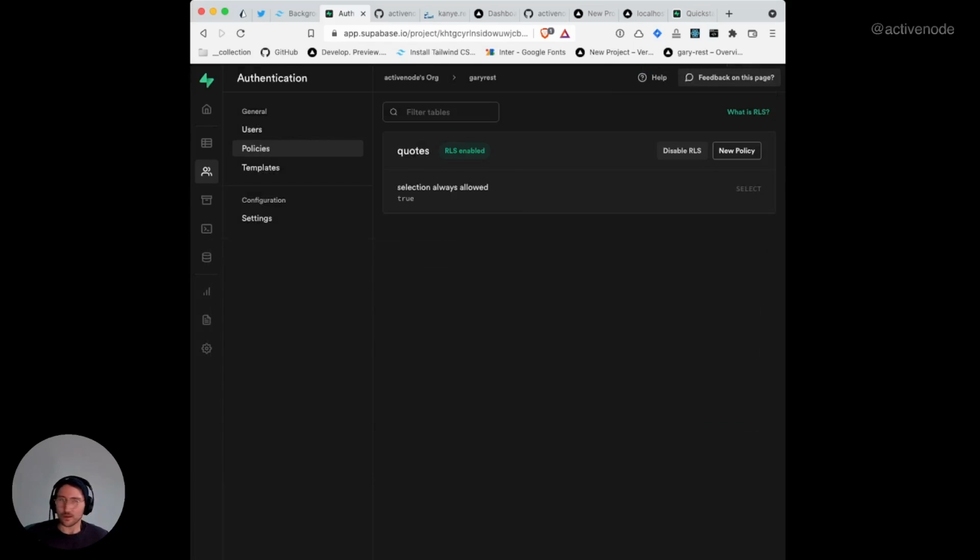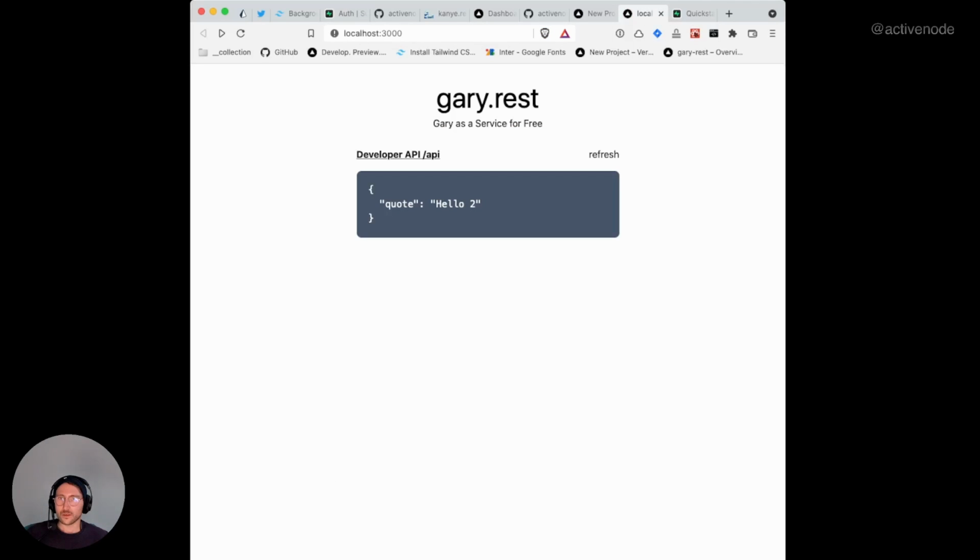That seems to have worked. So let's switch to localhost, reload. Yeah, and now the selection works again. And this is essentially what you want to do for all of your tables, enable row level security, because it restricts access other than explicitly allowed. And that's a really cool thing in Supabase because you can connect it to auth and then you can actually allow only specific users to have specific access to specific tables and so on and so forth.